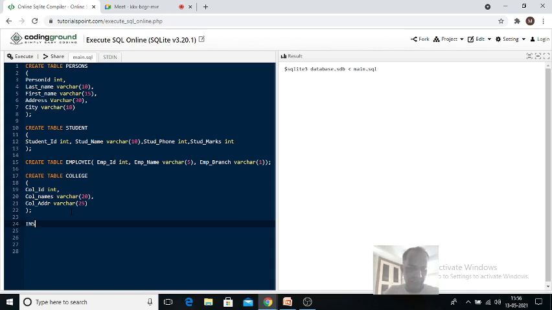Insert into persons values, open brace, ID 1.